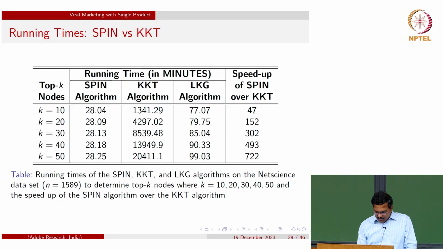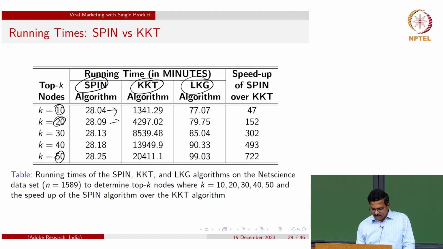Yeah, we worked with random graphs, and so this is our proposed algorithm. This is the KKT baseline, and there is one 2007 paper which has an improved KKT algorithm, and we compared with both these prime baselines for different K values. So top 10 nodes you are supposed to choose, top 20 nodes, top 50 nodes you are supposed to choose.